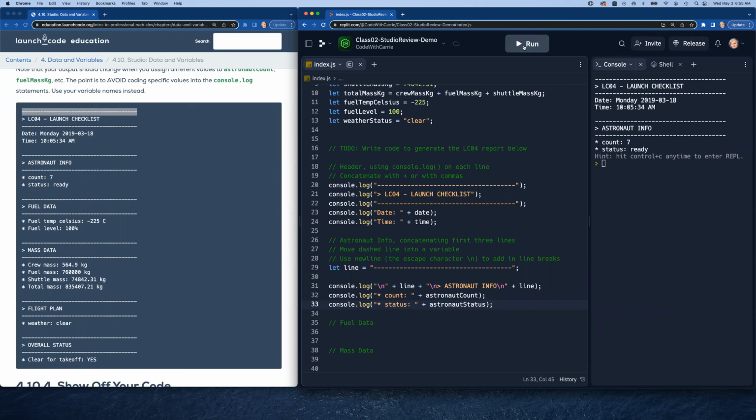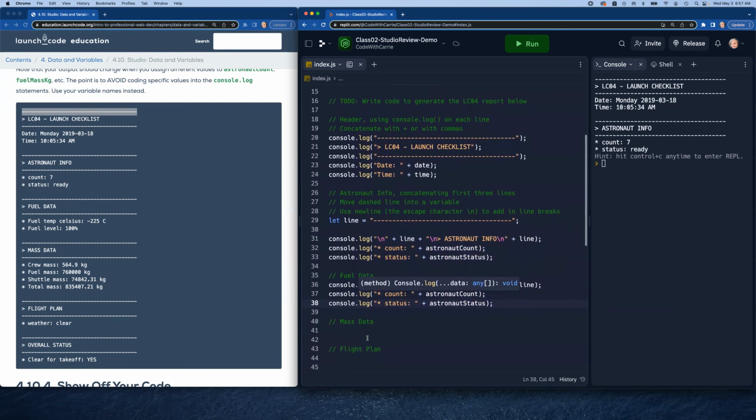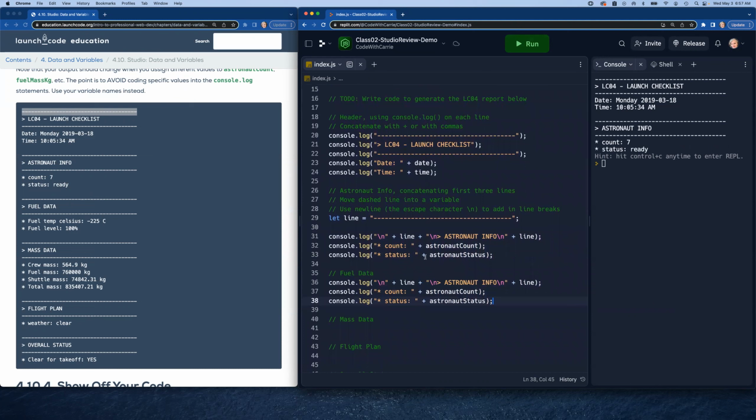So let's just print this again, make sure that it's coming out the way we want. Yeah, and it does look exactly like the report over here. That's what we're hoping for. Okay, so now we've got a pretty good template that we can work with. Let's copy this down and then we'll just modify it as needed for the particulars of this next section, fuel